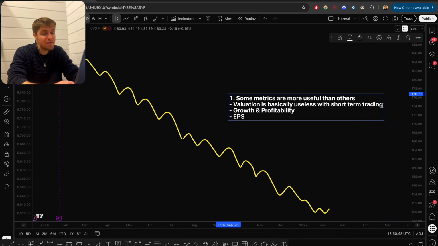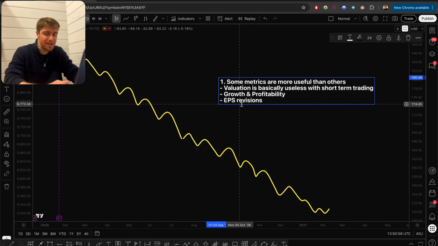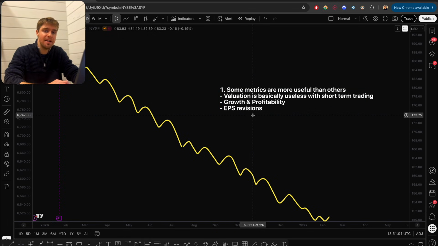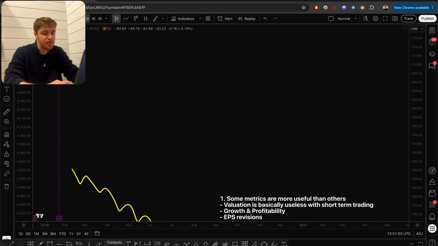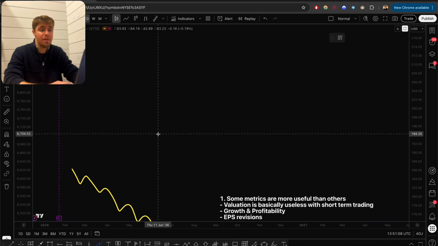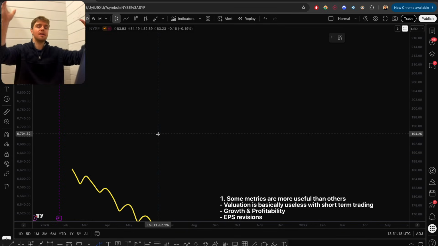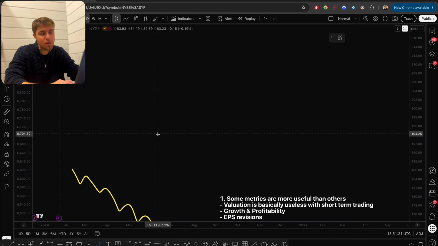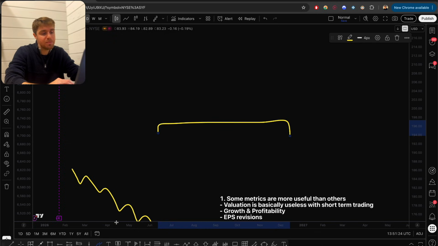Now, another one of my favorite ones, EPS revisions. You can do your own research on this, but this is going to be a really key thing. There is a right and a wrong way to do this, but essentially it's the idea that there are institutions out there who are forced because of regulation to disclose their ratings and their estimates for stocks. Not every stock has that much coverage, so you're restricted to the slightly larger stocks with this. However, if you think about what this actually achieves, it's massive, because you have analysts